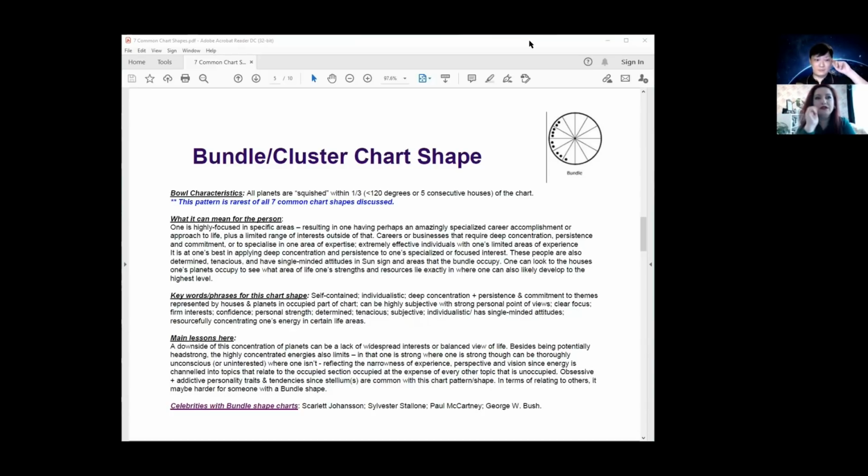I think that when we have a bundle or cluster, whatever you want to call it, it's always subjective in some way, even though mine is on top. I think there's a lot of subjectivity because of this concentration. That's what I put down here: highly subjective with strong personal point of view. And so there's a very defined way